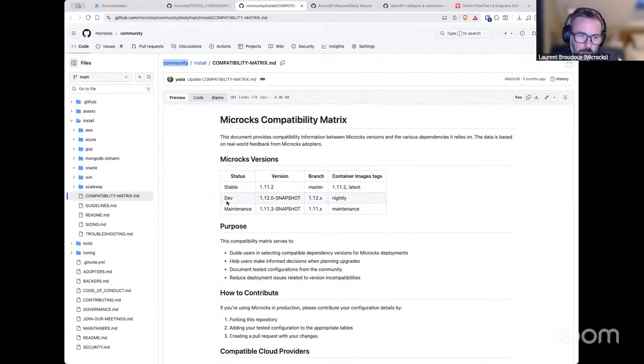The purpose of this one is to let people contribute their own configuration and explain, for example, that they have used MongoDB Cloud Atlas, so they are running MongoDB on Atlas DB, or they are using DocumentDB on AWS. You know that some people in the community are deploying using these configurations, but obviously we cannot track everything. So we ask people to come and contribute to this compatibility matrix.